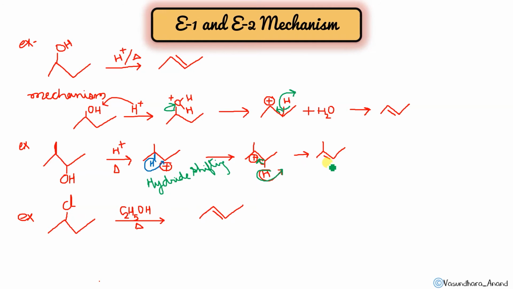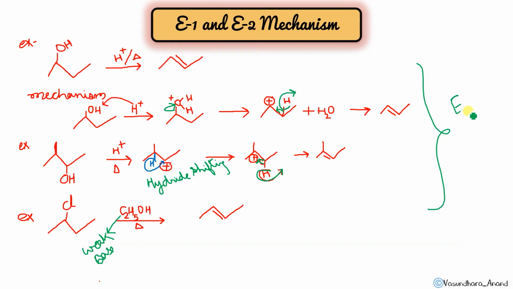Clear? In this case, again, ethyl alcohol is used. Ethyl alcohol is kind of neutral, or if it is neutral, it can act as a weak base. Okay, generally what is used as a weak base is water or ethyl alcohol. So you see a weak base, and you have seen the temperature. So obviously elimination will be there, and which elimination? E1 will be there. So these are all E1 examples. Okay, let me write over here: all are following E1.